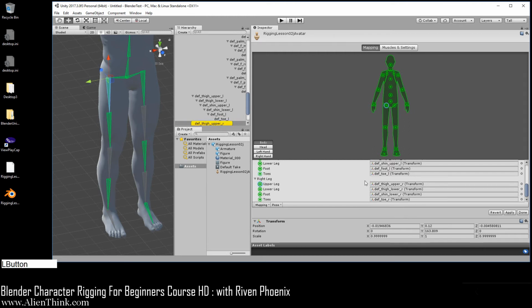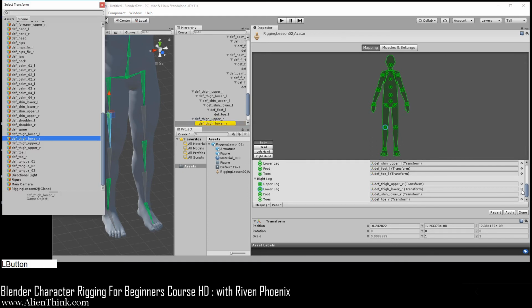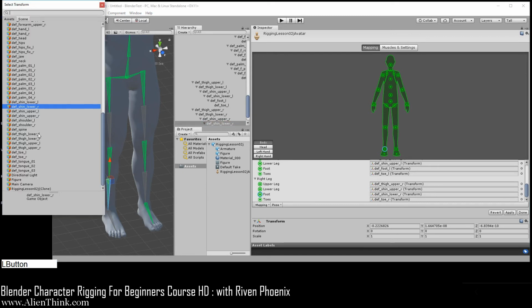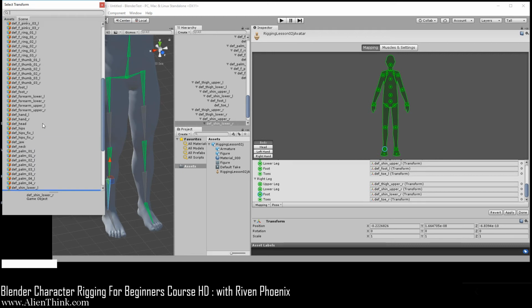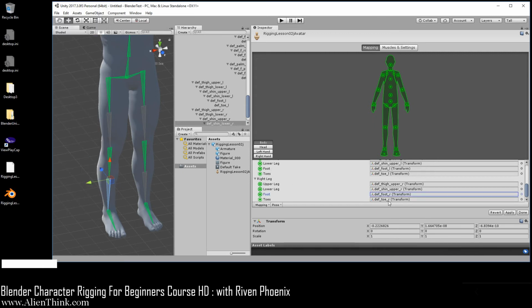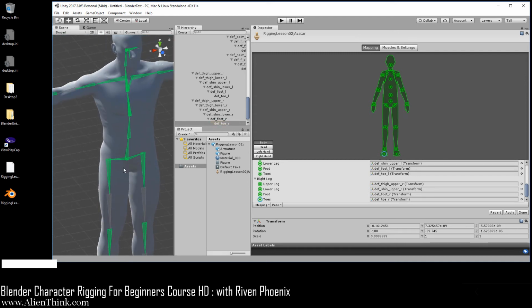So same thing. This is the upper. This one is not correct, so I'm going to click this, and this needs to be the shin upper.r. I'm going to just double click this. This is the lower. This needs to be the foot. Go ahead and click this over here. Let's go find the foot. Here it is, dev.foot.r, and this should be toe. Okay, see how this is mapping? This is how it needs to be.